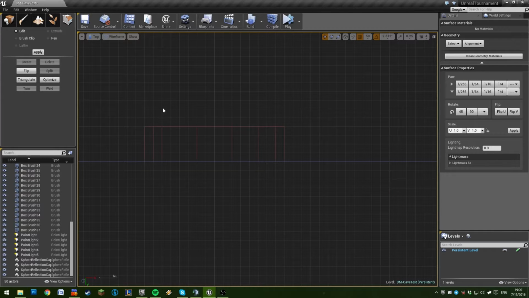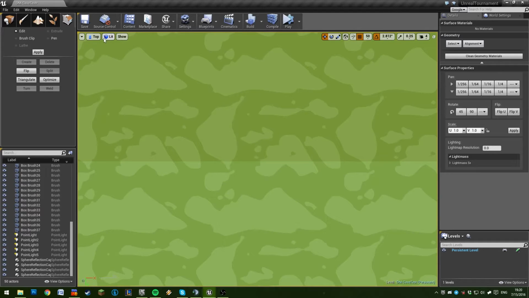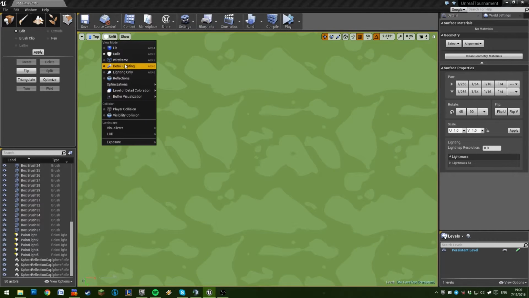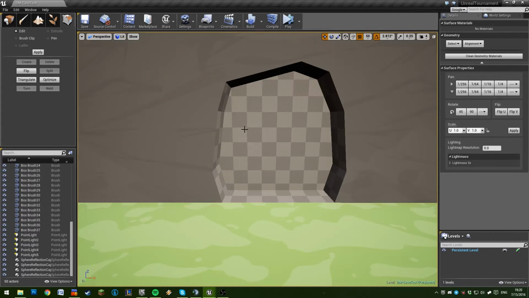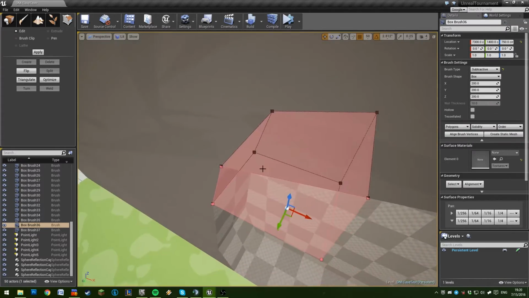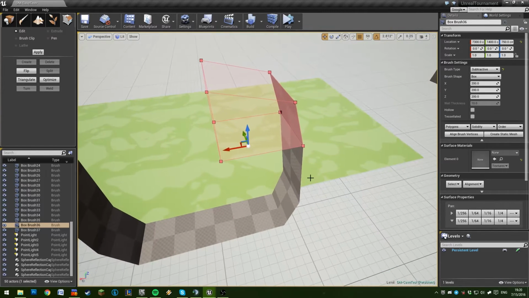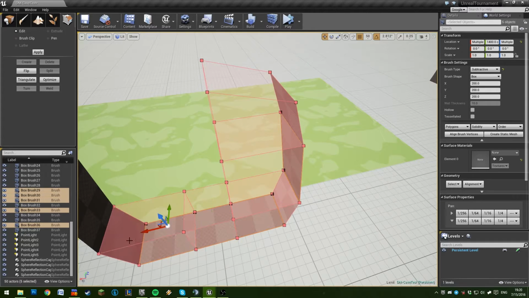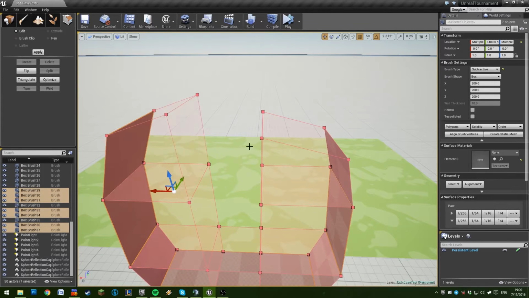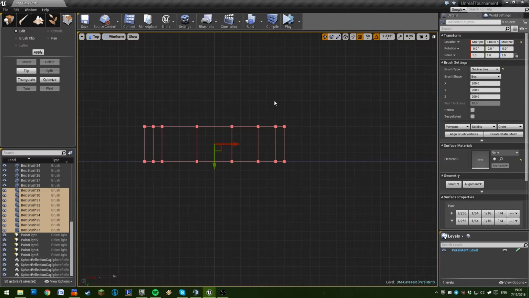cave? If we can't just grab vertices, I want wireframe, and I want perspective, please. There we go. If we can't just grab these vertices and pull them off in any old direction because you'll get holes, then how do we actually make a cave structure? And as I was saying, you basically have to build up detail and move things as groups